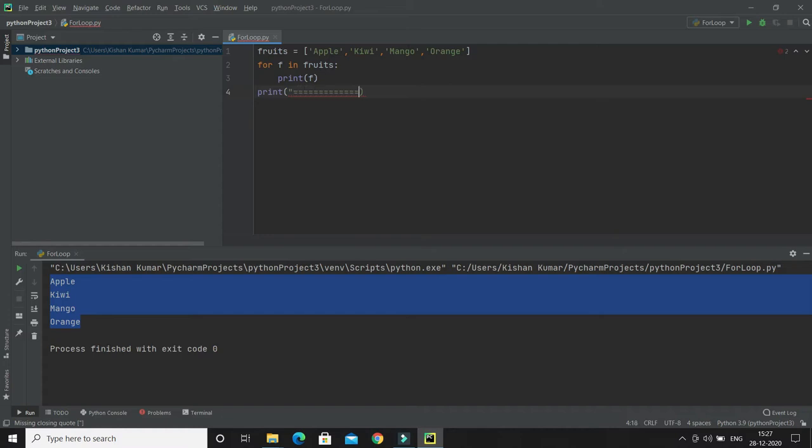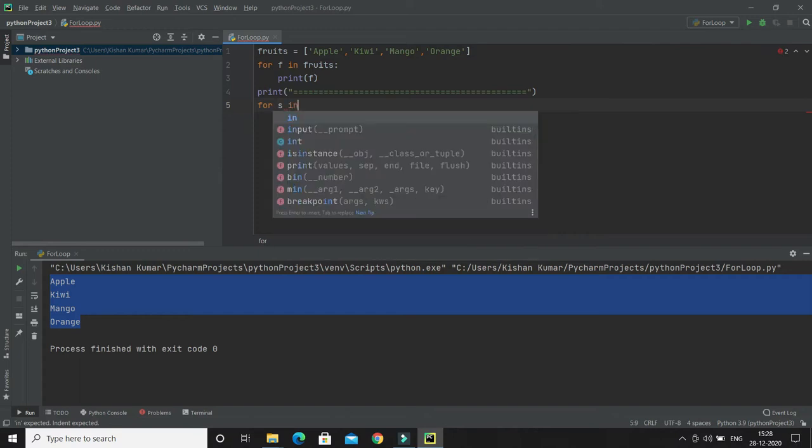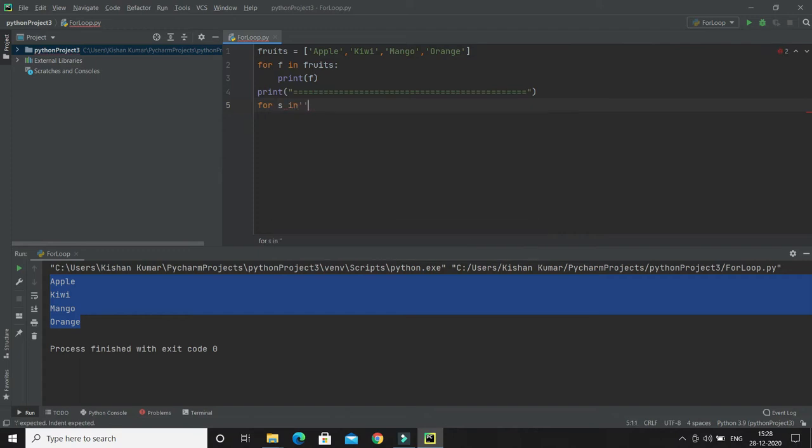Now for loop we can also use to iterate a string. As you know, in Python, strings are iterable objects, and they contain a sequence of characters. So using for loop you can iterate a string. I would say for, and any variable name you can keep, in, and the string which you want to iterate.